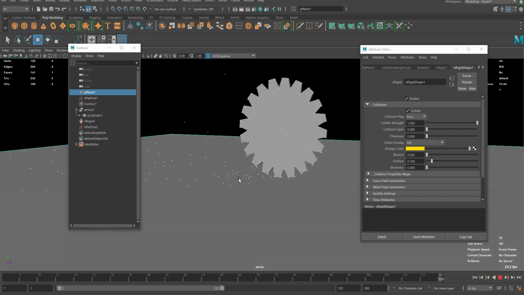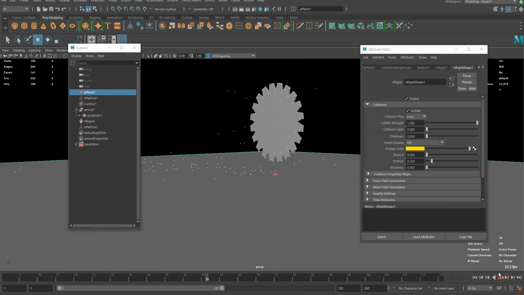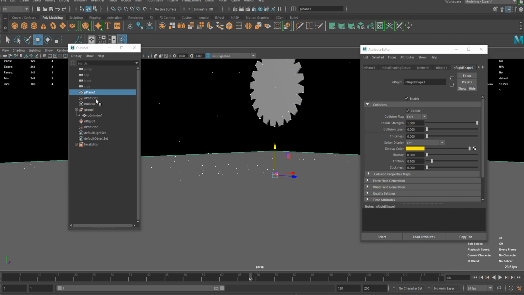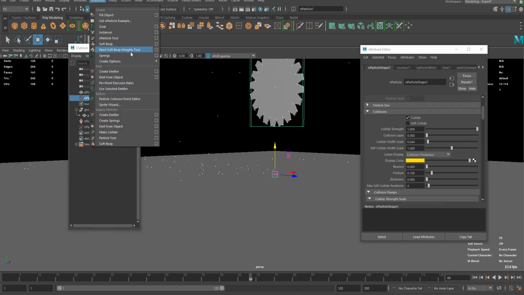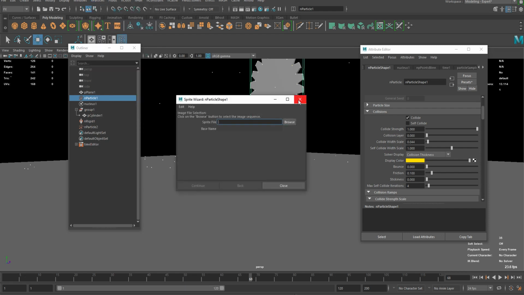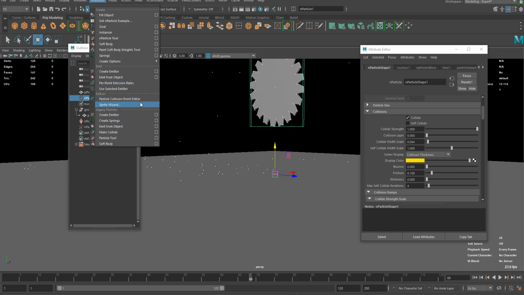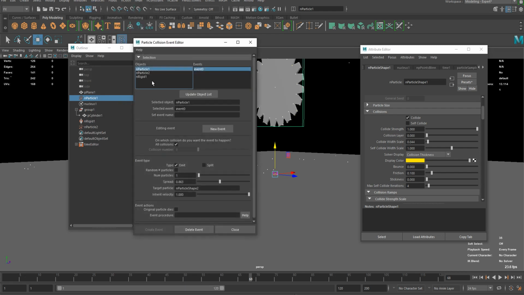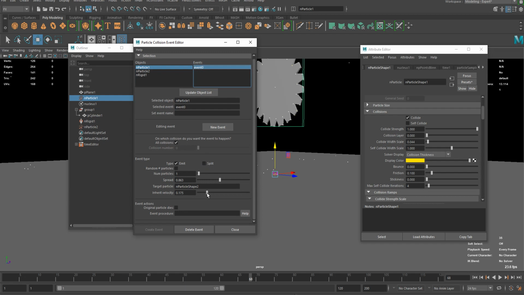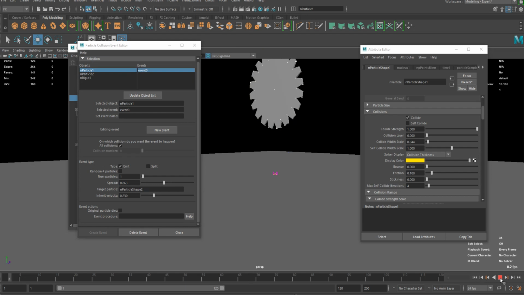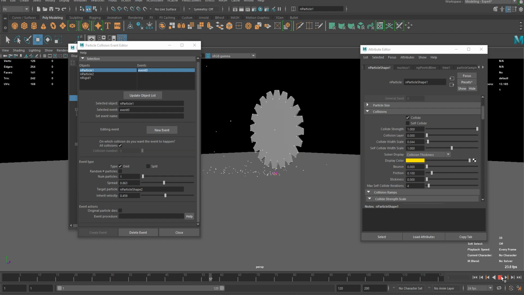Another possible problem is the inherent velocity. So I can select particles and go to event editor again. Not just event editor, but collision event editor. And if you select the event that we created, and you can actually try to reduce inherent velocity, and let's see how it goes. Okay, so increase a little bit. Alright,